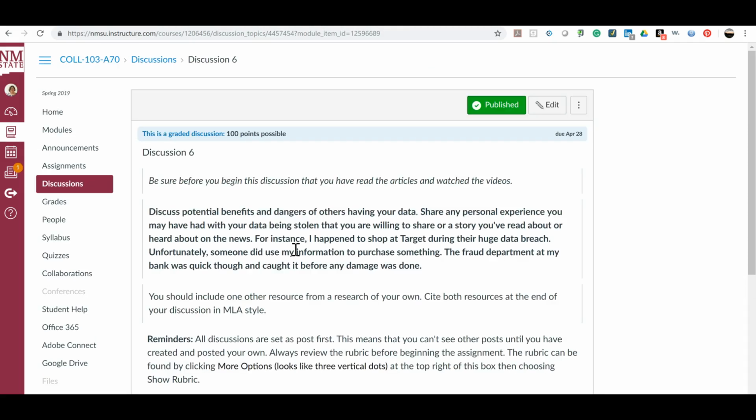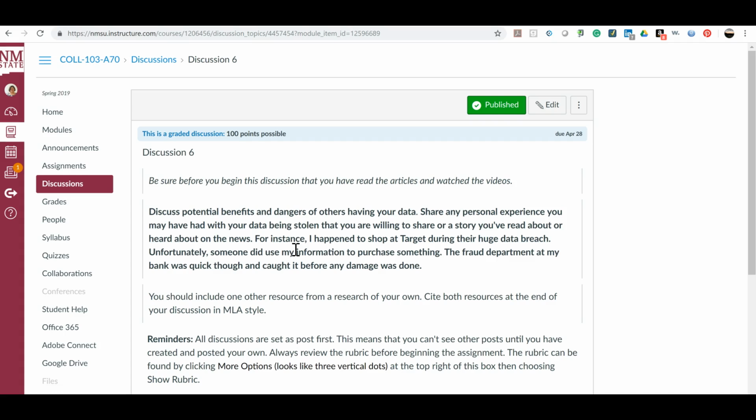The discussion is on the potential benefits and dangers of others having your data. Don't talk just off the top of your head. We do want you to share any personal experience, or experience of a friend or someone you've heard of that's had an interesting experience that we may learn from, but also use what's in the textbook when you look at the benefits and dangers as well. And you should also do one other